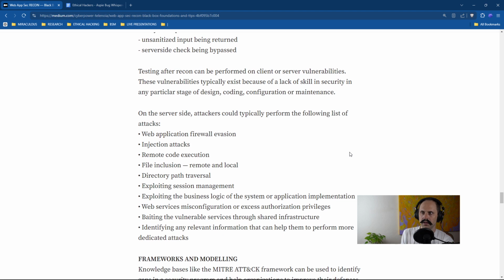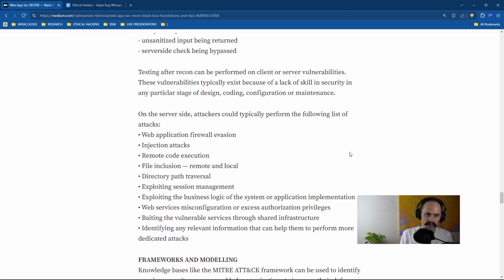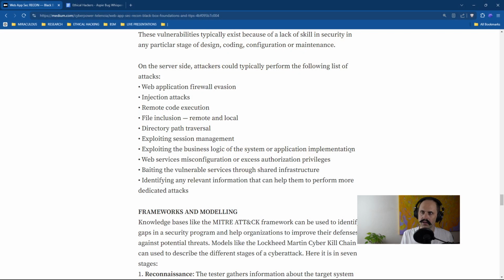Next here, testing after Recon can be performed on client or server vulnerabilities. These vulnerabilities typically exist because of a lack of skill in security in any particular stage of design, coding, configuration, or maintenance. On the server side, attackers could typically perform the following list of attacks: web application firewall evasion, injection